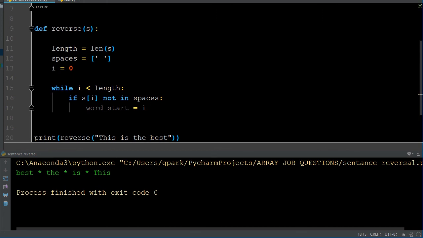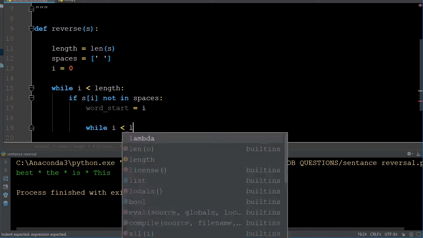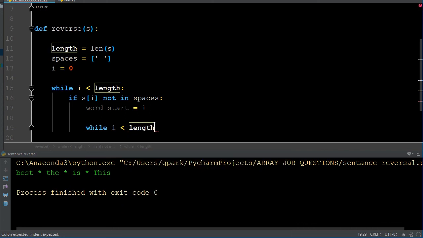Now, I still want to stay within this while and if loop, because what I'm going to say next is while, and again, this will make more sense to you while we debug it if you're not getting it yet, while the length end. I like doing a loop within a loop in a sense. While I is less than the length, and we're going to see that's pretty clear at this point, and the index at I is not in spaces,